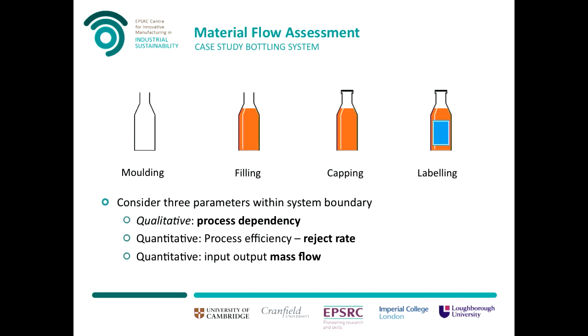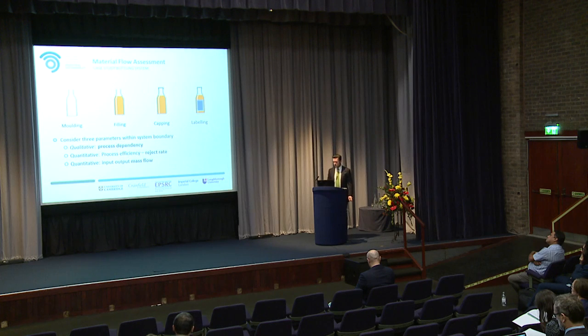What kind of position a process can take in a sequence of events. And then there's two quantitative parameters. There's the process efficiency, the reject rate, and then the basic input-output mass flow from each